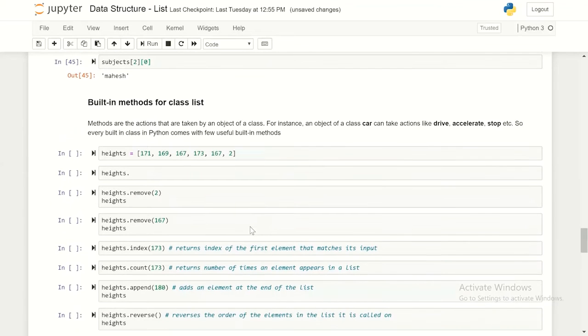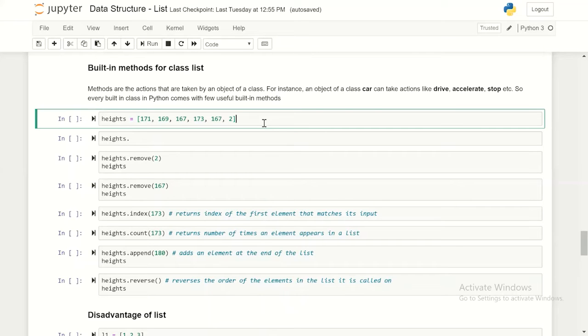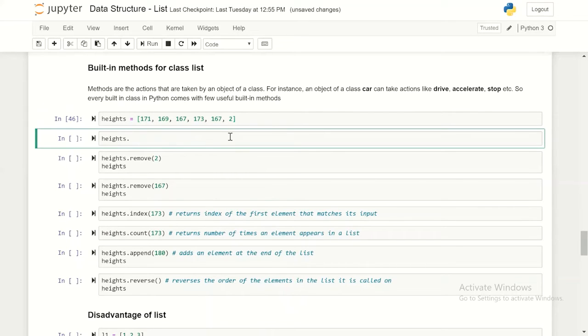So moving on to the built-in methods for class list. So basically methods are the actions that are taken by an object of a class. For instance, an object of a class car can take actions like drive, accelerate, stop, etc. So every built-in class in Python comes with a few useful built-in methods. So let me create this list heights, and you can access the methods of a class by putting the name of a list, dot, and then by pressing tab